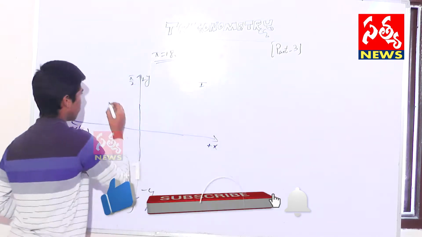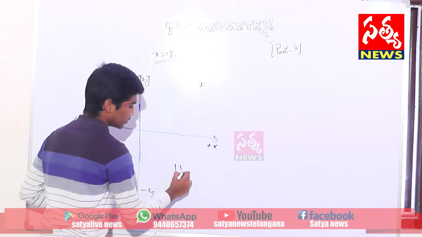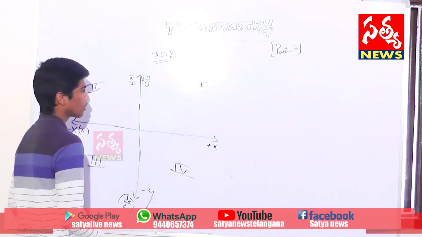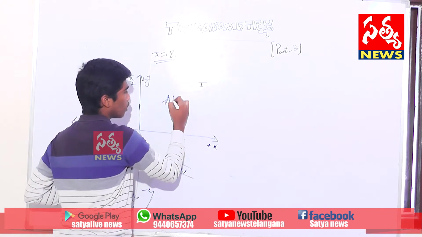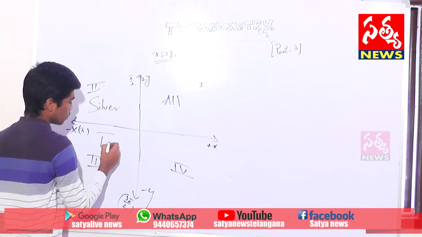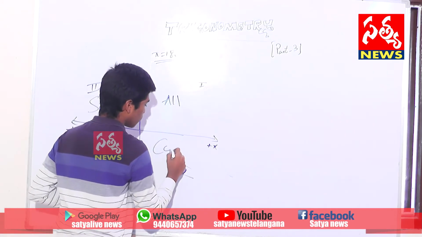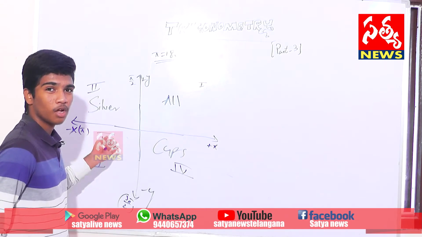Here, this is first quadrant, this is second quadrant, this is third quadrant, and this is fourth quadrant. Remember this: All Silver Tea Cups. Why do we have to remember all this? Because